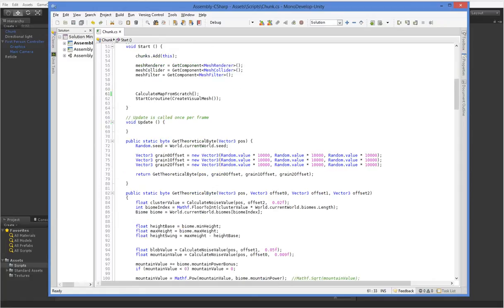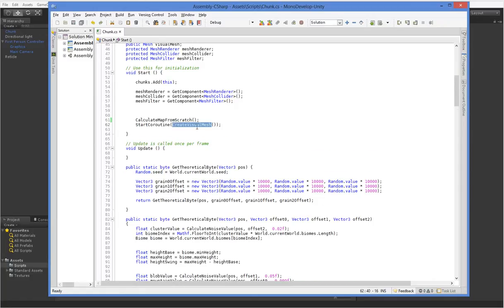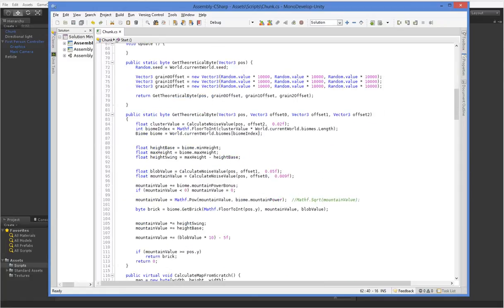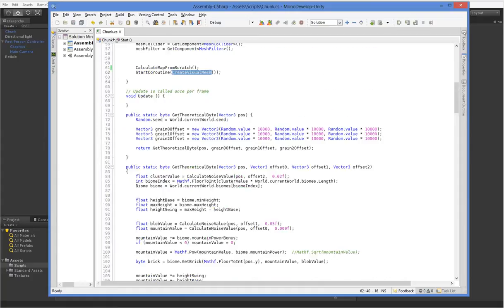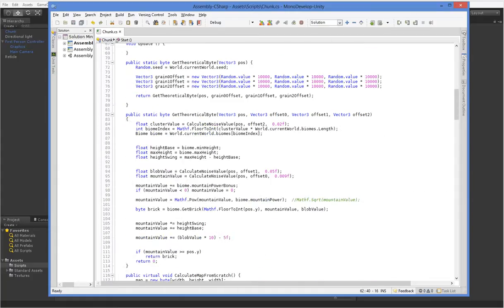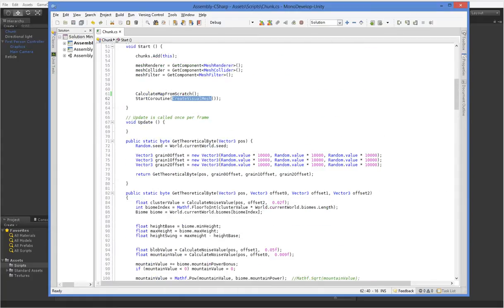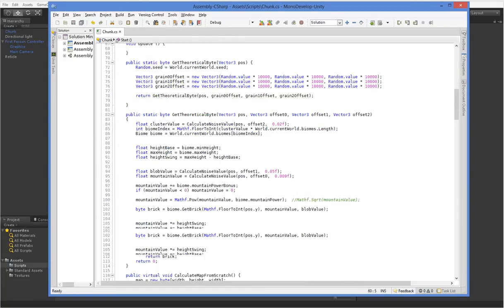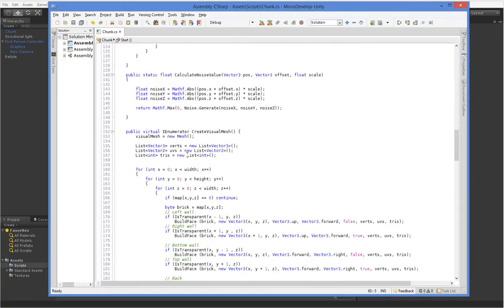So what we're going to do is put this create visual mesh here. We have to basically retrofit. We're going to take this create visual mesh and turn calculate map from scratch into a coroutine instead. So